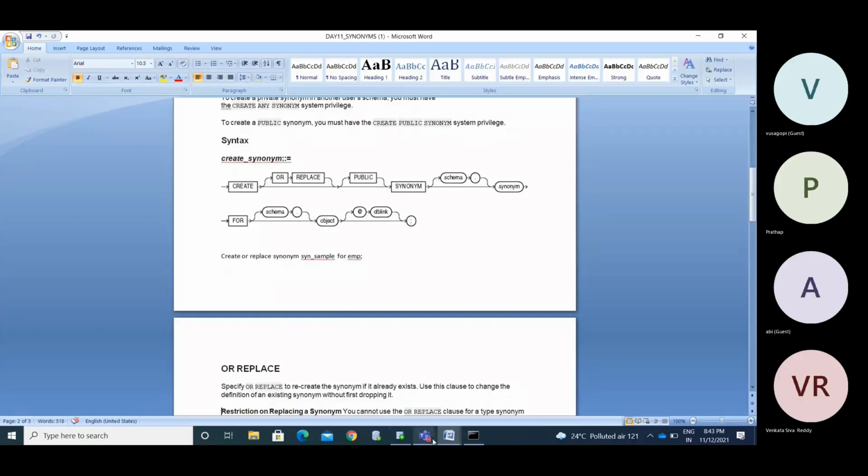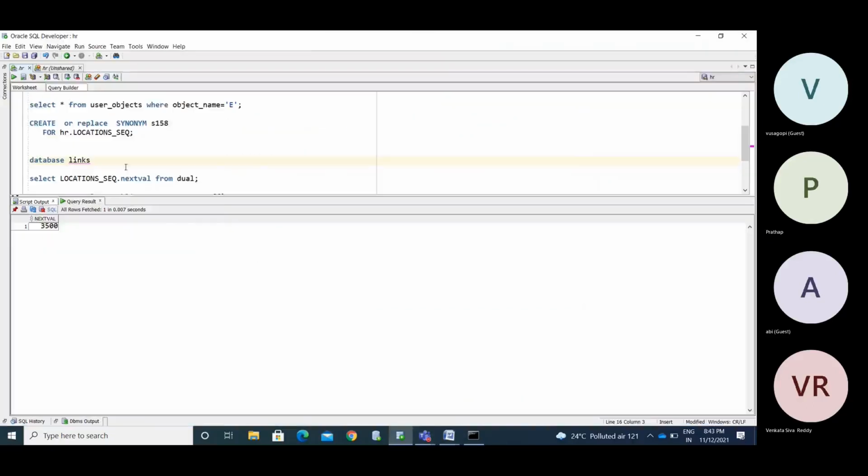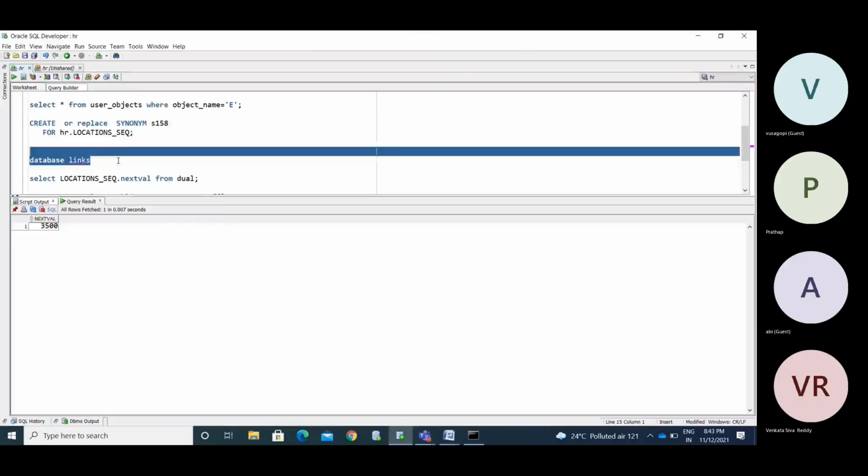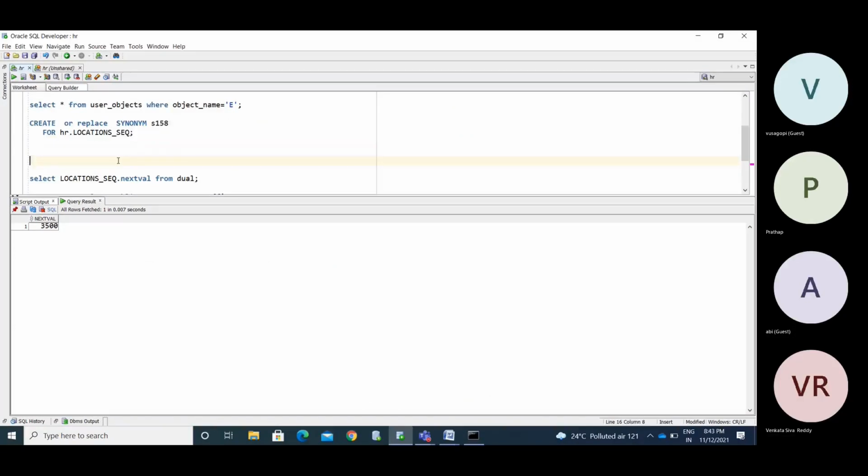Usually you give the data like this, from user underscore db underscore links.